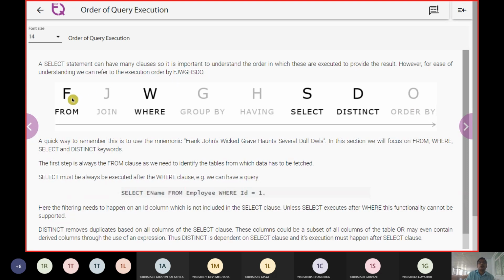It is going to execute the things in an order called F, J, W, G, H, S, D, and O. So this is the order which we need to memorize.